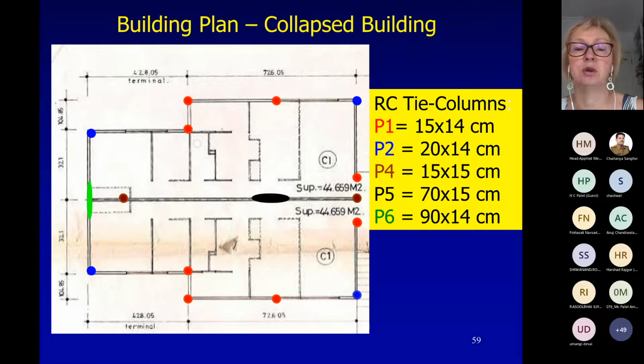Then P4 is brown, it is 15 by 15, these are interior, on this interior wall. Then this P5, which is black, this is a 70 by 15, it's also a reinforced concrete element here in the middle. And then P6 in this direction is 90 centimeters by, so it is like a small wall practically. So they had at 2 locations, one in each direction, they constructed I would say elongated columns, 70 centimeter or 90 centimeter even length, which they reinforced and all that. So this is interesting